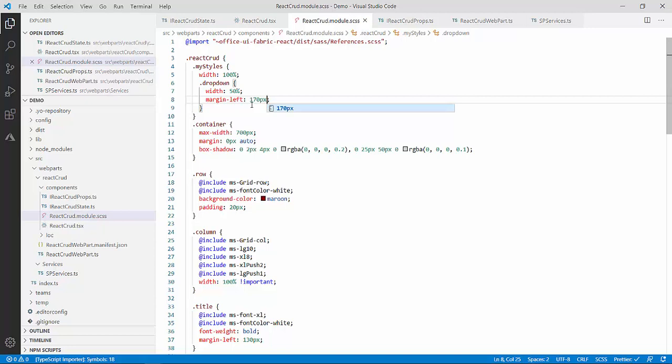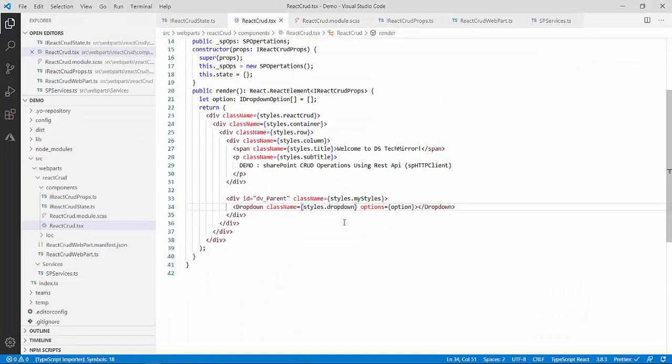But before that, our next target will be to populate this drop down, and you will see how to populate the drop down. Now it is looking fine. Now come back to the code. Now we'll start the coding for this drop down. So in the drop down, what we have to do next is to populate it with the options.